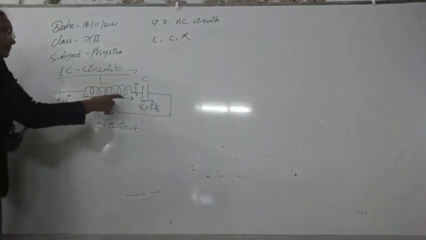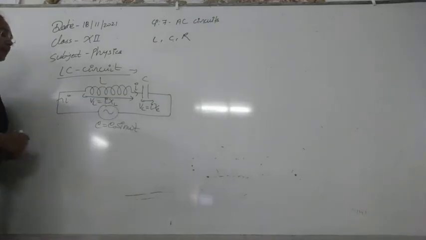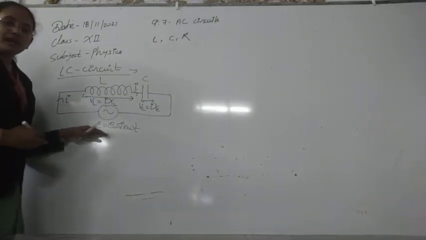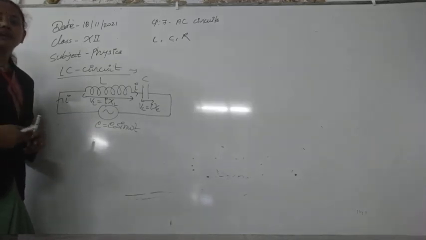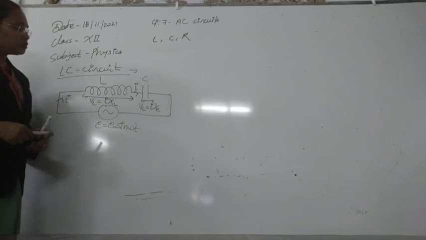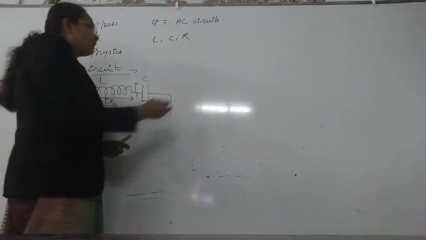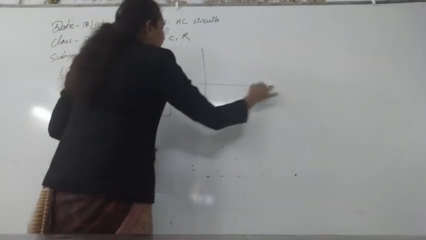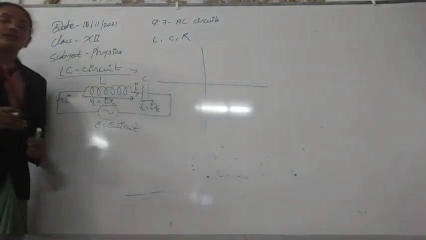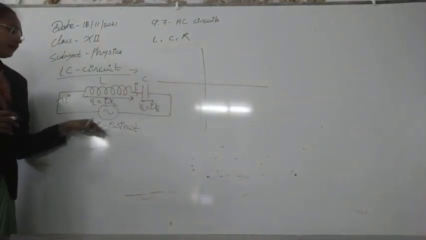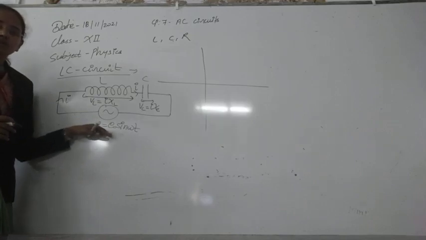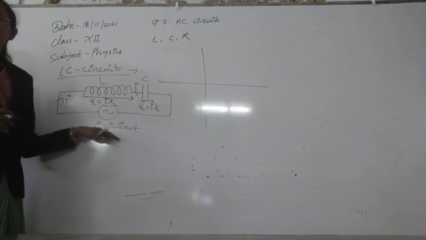So in the equilibrium state, the potential utilized by L and C should be equal to the potential supplied to it, as there is no resistance, so no energy is wasted here. For that case, let's first draw the phasor diagram to understand its resultant value, and that resultant will show the value that is utilized in the circuit.